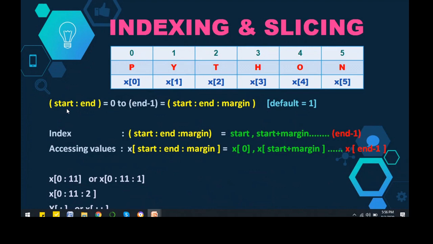So if I take this example and write start to end, and I have not provided the margin, this is the basic syntax. In the previous slide, we took the margin as 1, and if we don't write the margin, it is by default taken as 1. It means it will start from here, and in this particular case, if you are starting from 0, then it will be 0 to n minus 1, or start till n minus 1, right? Now coming to this part, we are not taking the margin of 1, but we want a margin of 2 or 3 or whatever position we want.